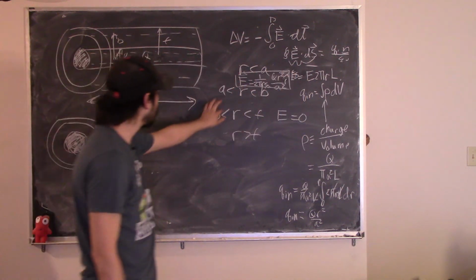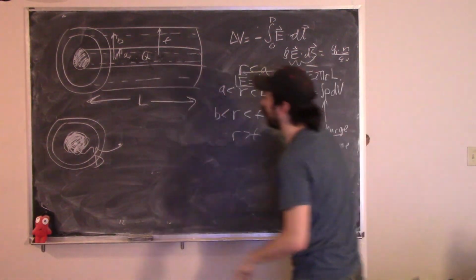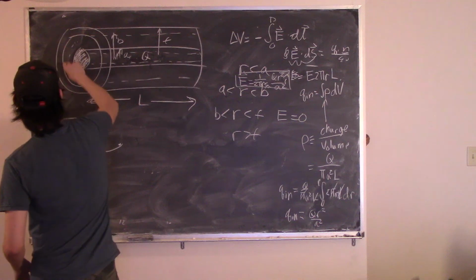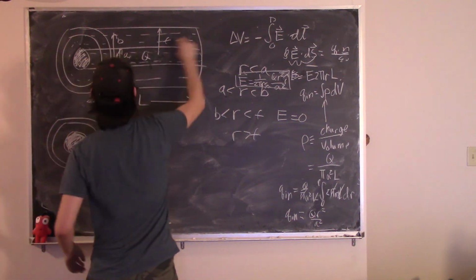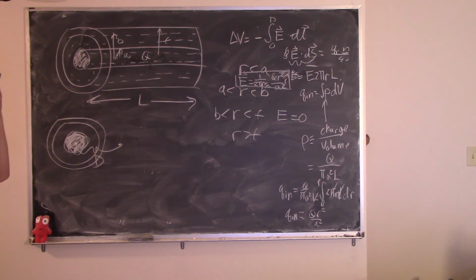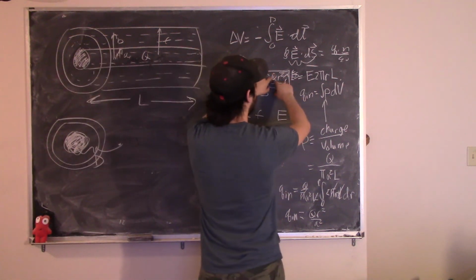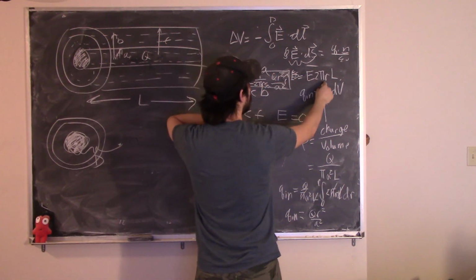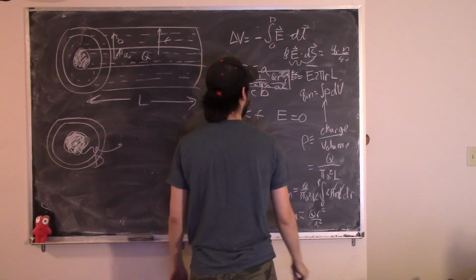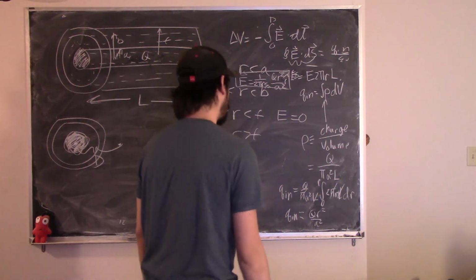The next region is going to be the region between a and b. And when I do that region, if I enclose the entire thing from this end to this end, again, you have to be careful because you're really making an approximation here. I'm just enclosing the total charge Q. And so that means the left-hand side of Gauss's law is the same. I still have this E 2 pi r L. The right-hand side is going to be